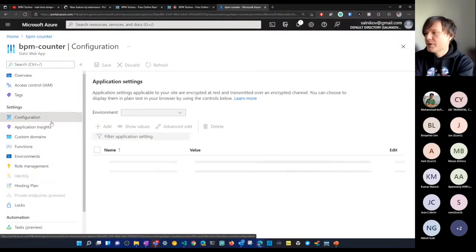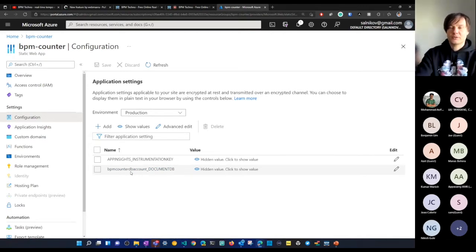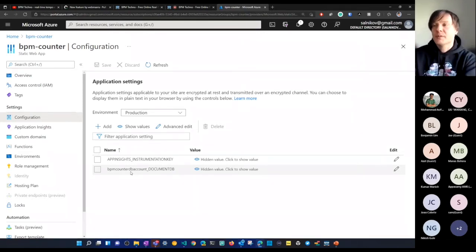So now, here you see it's loading all my secret values, like username, password for connection with database account. So it's very convenient to push your code to source code repository without exposing any kind of private information.